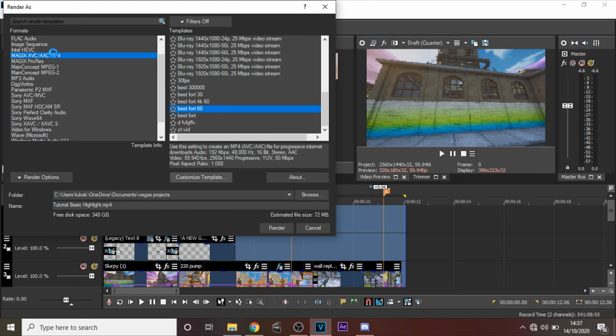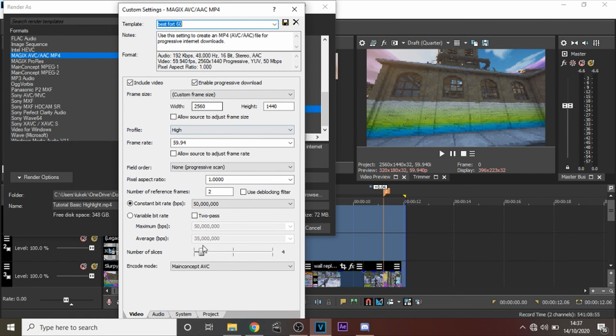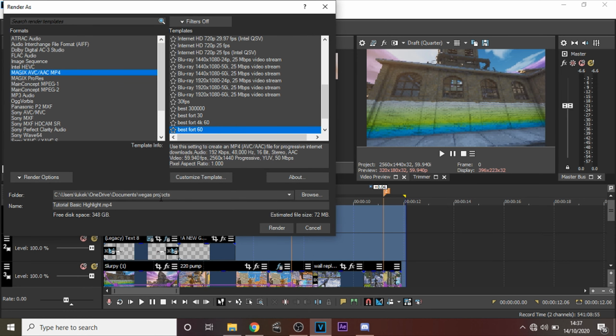You want to go to Magix AVC, MP4 right here. And you can just choose any of the random ones, and then you just want to make sure you copy these settings I've got right here. And then you just want to save it at the top, so you've always got the template saved. And then you just want to name it whatever you want, and then you can click render,